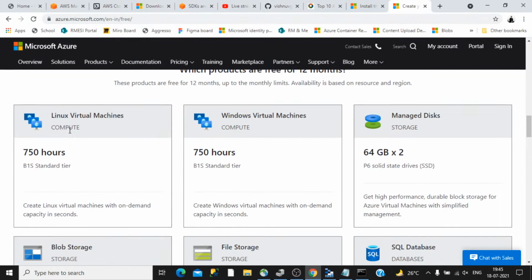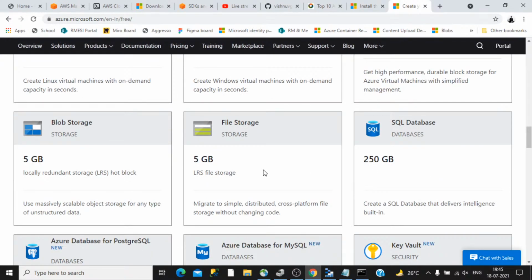So if you want to spin up a Linux VM, you will get 750 hours in basic standard tier. So this one for the newcomers, they may be thinking what is this standard tier. This is like the different categories of VM which Azure can provide. So standard tier is the basic tier, and that offers a set of functionality and performance. But if you want to go for production ready, you have to pay more, and you have to use a different tier. So all the tiers will be the basic tiers, but some of the things like for example,